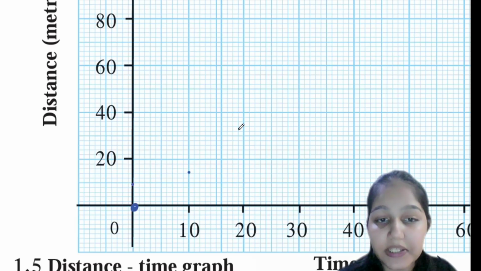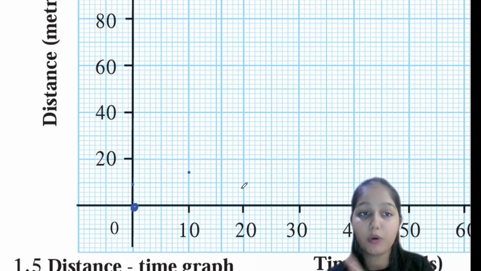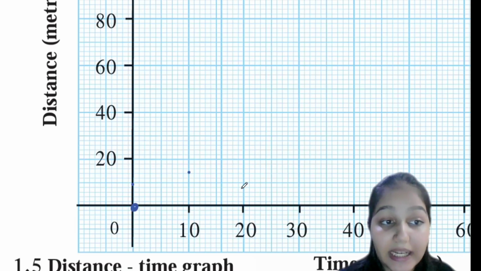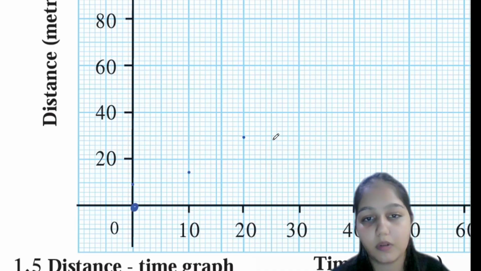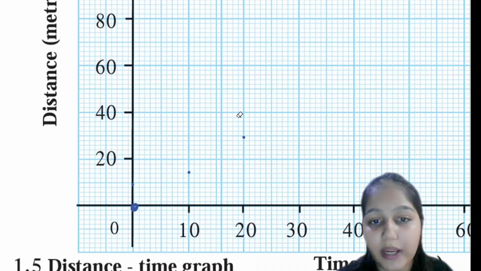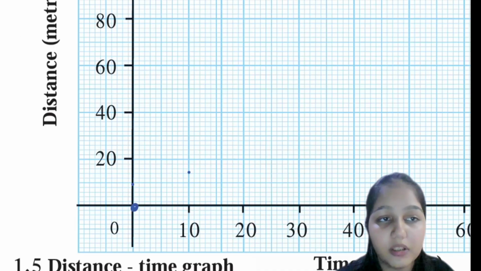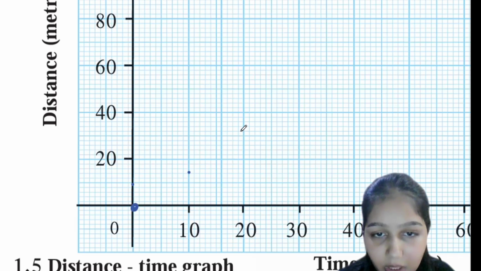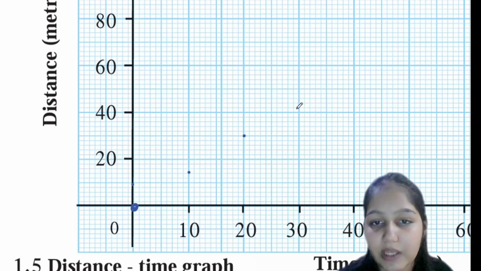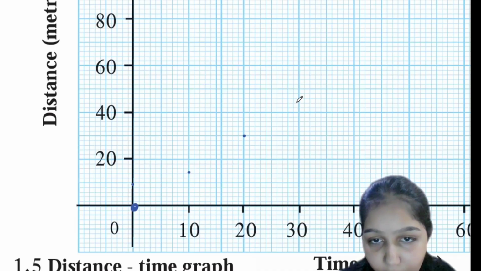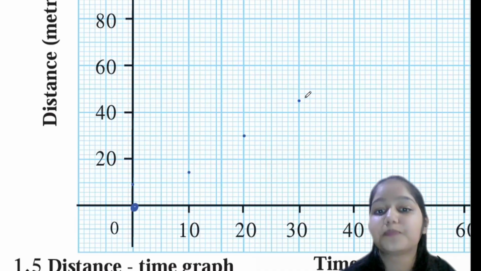At 20, it is 30. So here, if you can see it in your book parallelly, 20, it is 30. So in that case, here we'll directly mark on this 30. Okay. I hope you get it. It is on 30, the line in between 20 and 40. Then next on 30, it is 45. So 45 means between 42, 44 and 46 here.